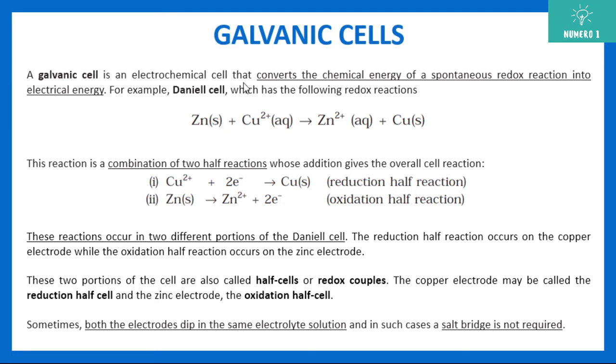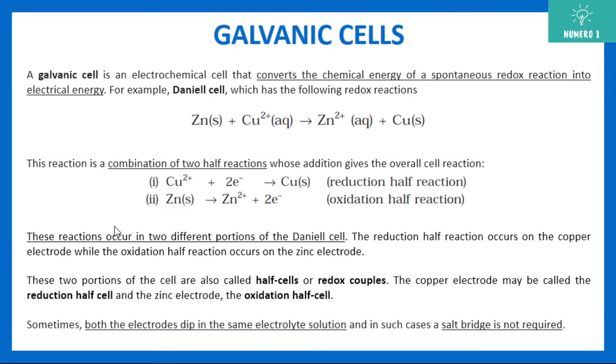Now here it is mentioned it's a redox reaction. A redox reaction simply means that there is simultaneous oxidation and simultaneously there is reduction. So basically it's a combination of two half cell reactions. One of the half cell reactions is Cu2 plus 2 electrons gives you copper solid. Here you can see that copper is gaining 2 electrons, so it's a reduction half reaction, whereas loss of electrons by zinc is the oxidation half reaction.